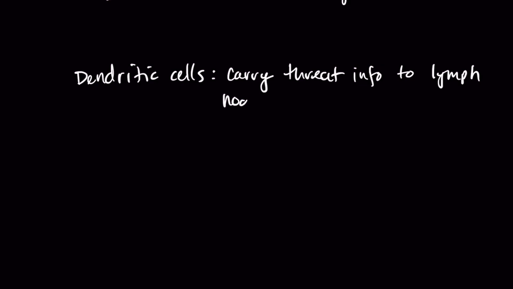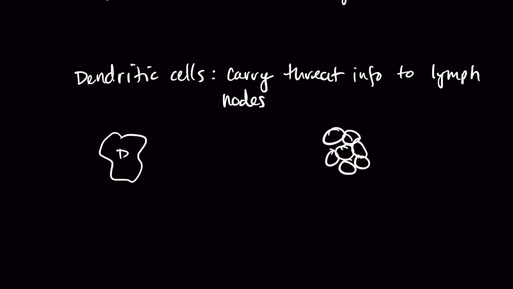Okay? So these guys function almost like messengers. They carry information to the lymph nodes, and this drives escalation decisions, right? Our lymph nodes are kind of the center of how our body decides how it's going to respond. And so we have our dendritic cell, and then we have our little lymph nodes throughout our body. I know they don't look like this. Lymph nodes. And our dendritic cells will take information